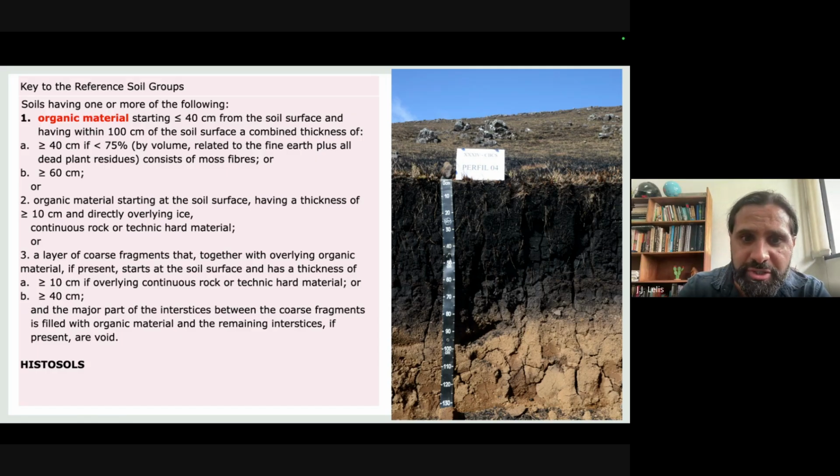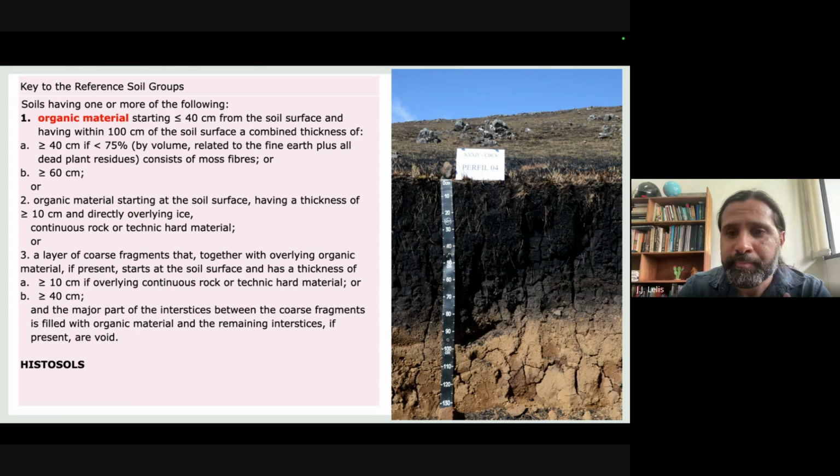If this organic material is composed of dead plant residues or moss fibers, it is at least 40 centimeters. Or, sorry, if the composition of the organic material is any other organic material, it should be at least 60